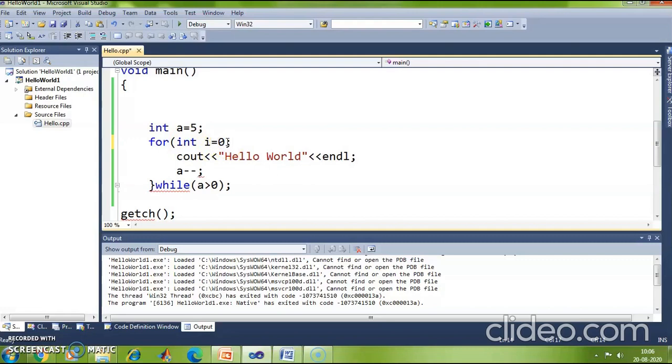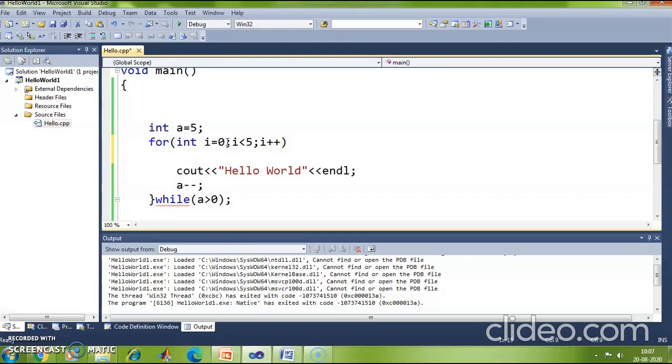followed by the conditional check. So how will I check it? I less than 5, right? I am incrementing from 0 to 5. Semicolon, so this has to be terminated with the semicolon, followed by incrementation or decrementation operator. So should I increment or should I decrement? In this case I am moving from 0 to 5, so I need to increment. So I am incrementing the value of I, right?